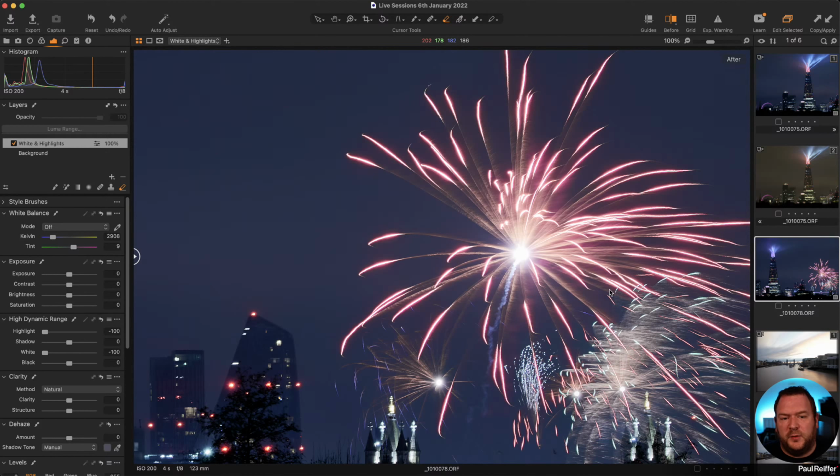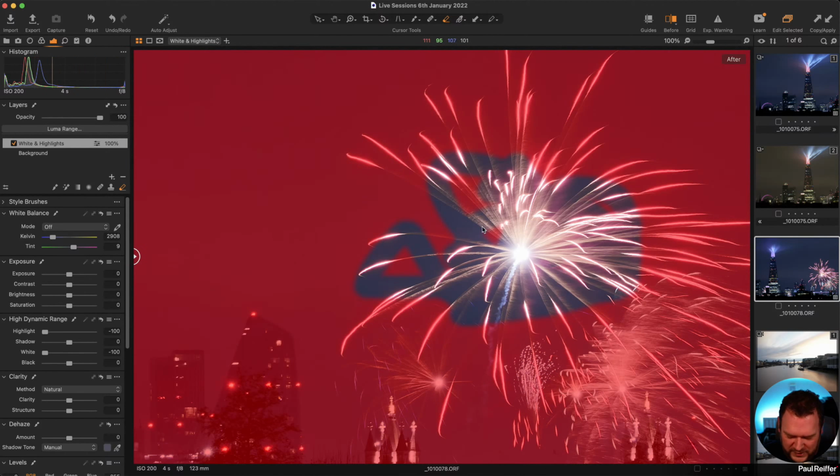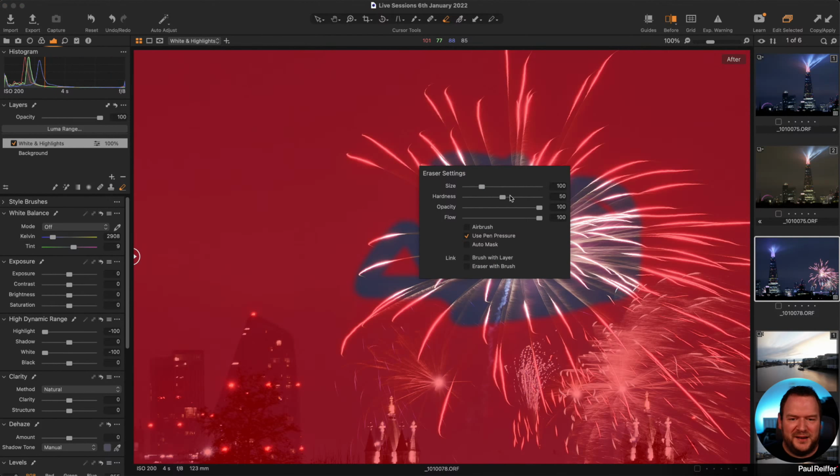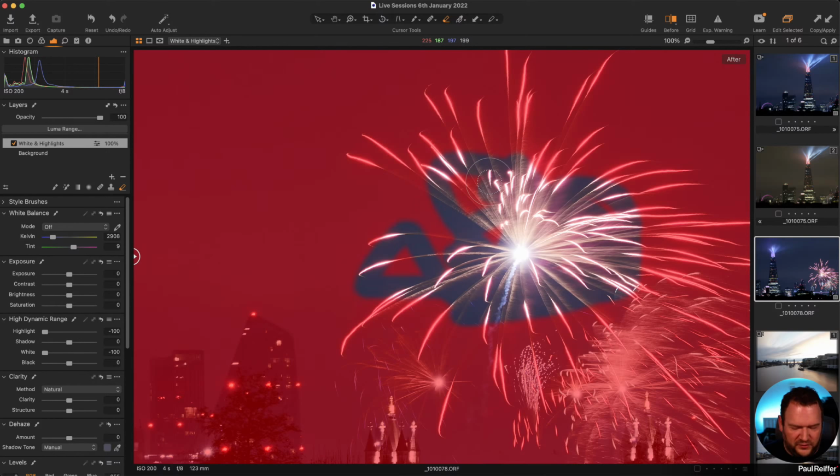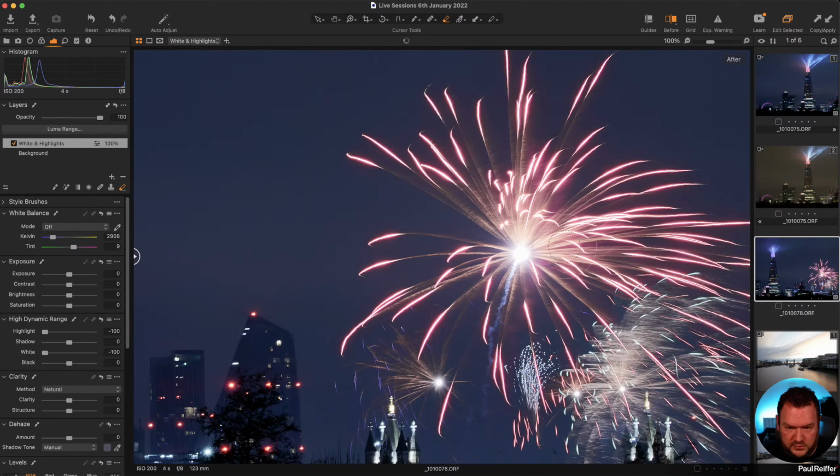Because the firework is on the background of something which is not a white or a highlight, I'm being really, really rough with my eraser. It doesn't make a difference because everything else around this firework, as you can see with the little orange bar, is sat on that left-hand side inside the shadows. So having it erased doesn't make any difference because these two tools don't affect the shadow. But I've now got the glow of my firework back.